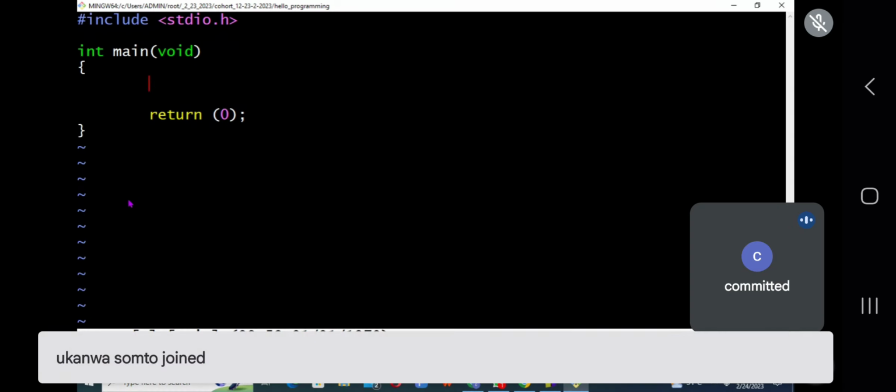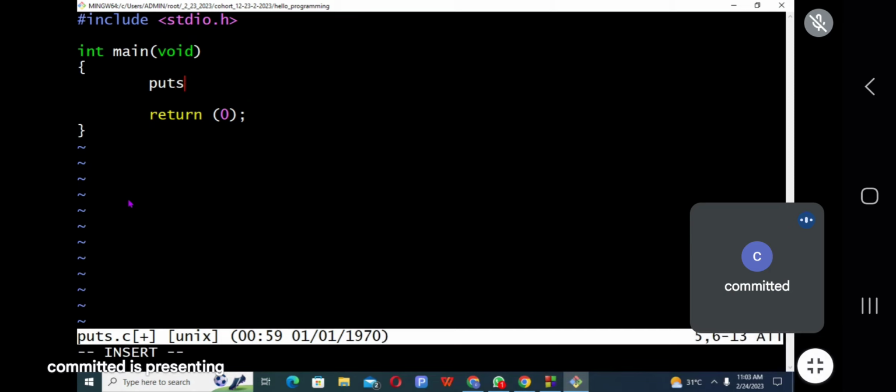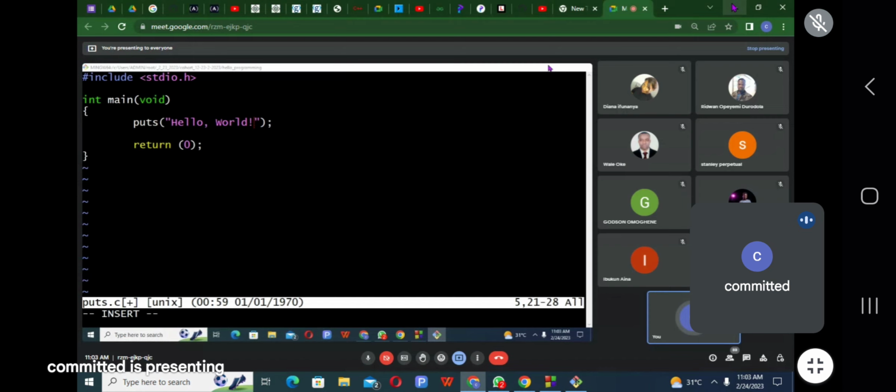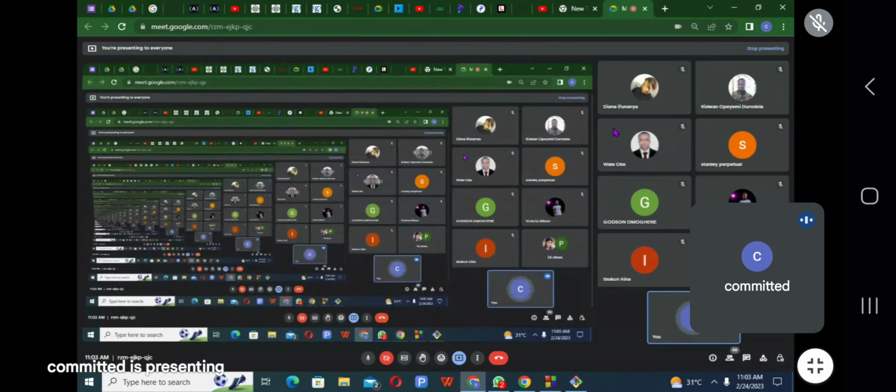So before I write my puts, so this is puts performing the same function, the same thing as our printf, but they have their differences, which I'm going to point at after we print this puts program.